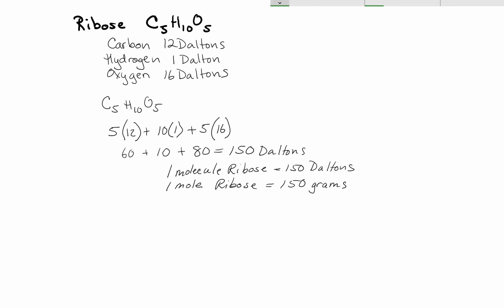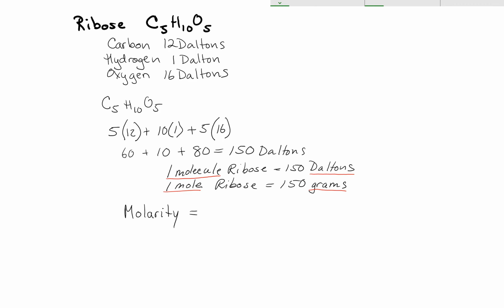grams, right? So essentially what we're doing is we're correlating the mass of 1 molecule in daltons of a substance to the mass of 1 mole of that same substance. Same number, just different unit. Instead of daltons, it's going to be grams. Okay, so let's talk about molarity for a minute. All right, so molarity, if you'll recall,